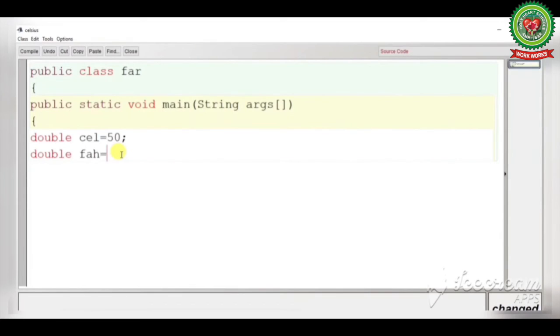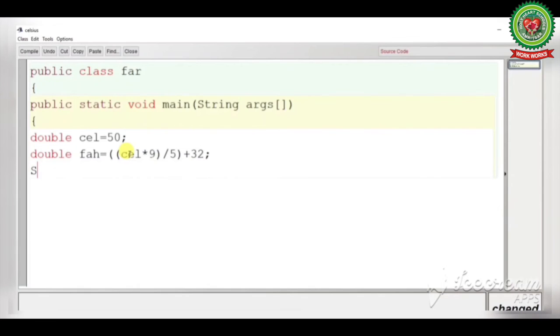Like the formula is bracket Celsius into 9 bracket close upon 5 whole bracket will come over here, then at the end plus 32.